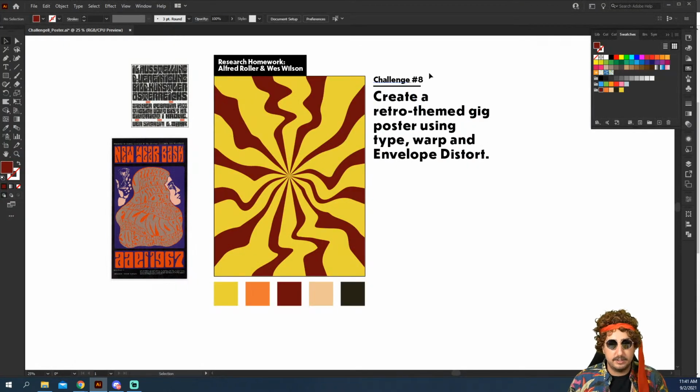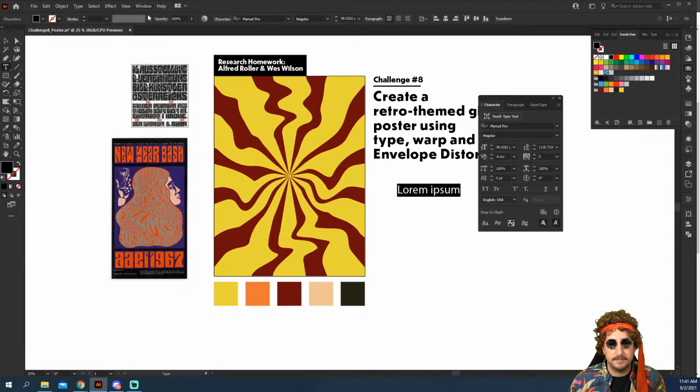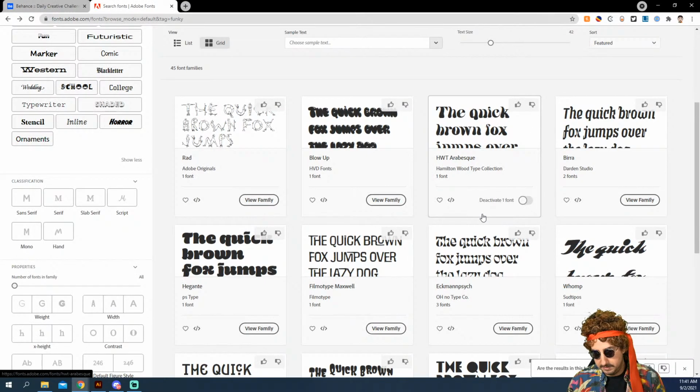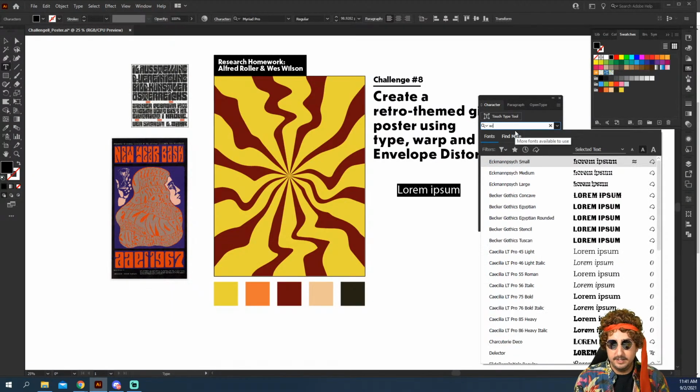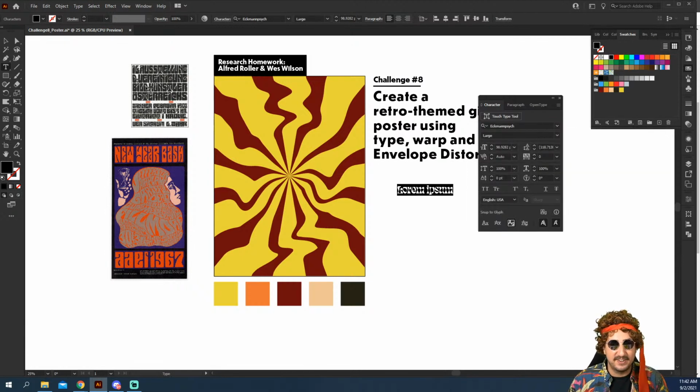So when I come back into Illustrator, it should be synced. Let's go ahead and click T for the type tool, and we'll just grab some type here. Bring up our type window. We're going to hit Control or Command T. And the one, oh, I forgot their names already. E-C-K. So I'm going to go E-C-K, and there it is. It is already synced into Adobe Live, which is great. My desk just made a weird sound, so I'm very concerned. We're going to click on this, and we're going to use Ekmanpsych